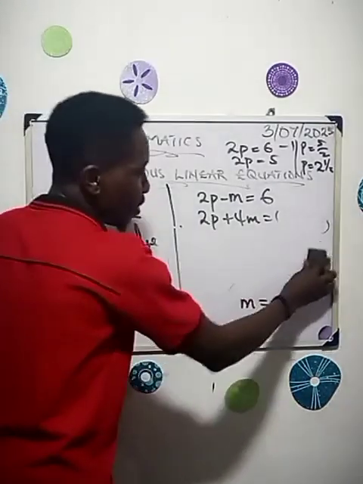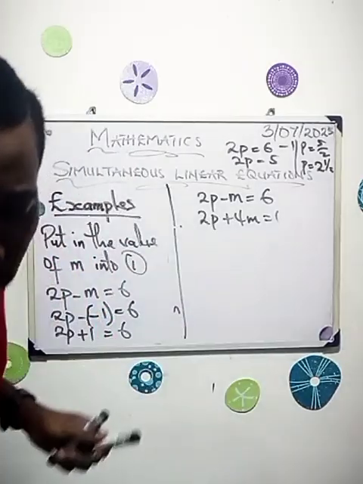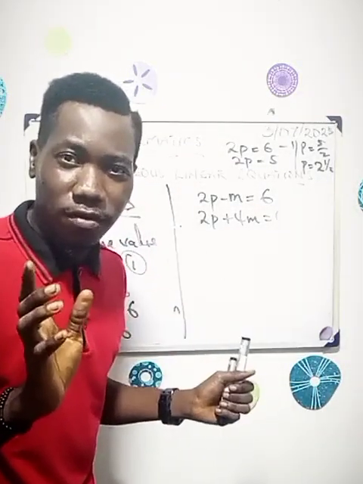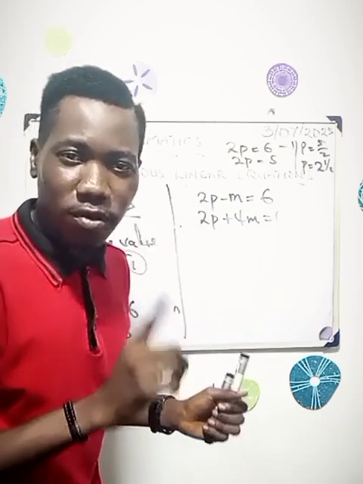What are the steps again? The steps are as follows. 1. Decide which of the variables you are going to eliminate first. Now we want to eliminate m. So we decided to eliminate